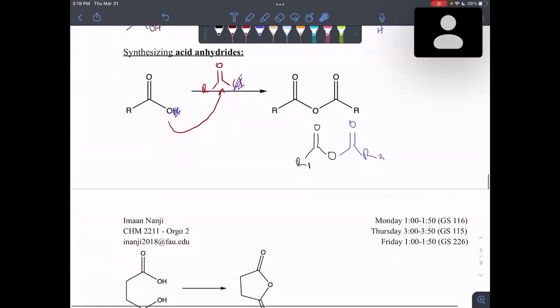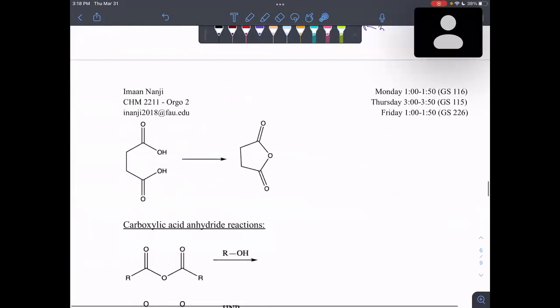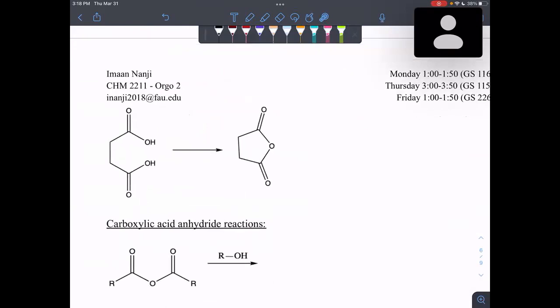All right, the other way to make acid anhydrides is if you have a dicarboxylic acid. So let's say you have a carbon chain that has a carboxylic acid on either side. What you need to make sure first is that you have a good enough amount of carbons in the chain. So in this case, there's 4 carbons. You're gonna end up with a 5-membered ring. A 5-membered ring is favorable because the bond angles are nice. All the atoms are happy, there's no ring strain or anything. So it's going to be more preferable with 5 to 6 to 7